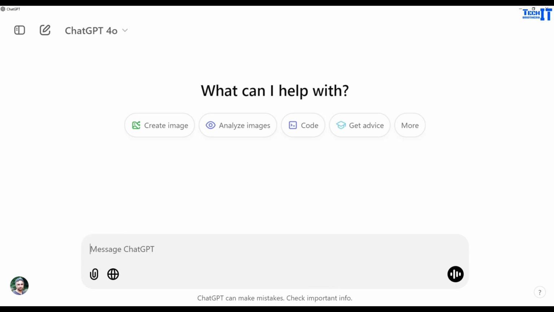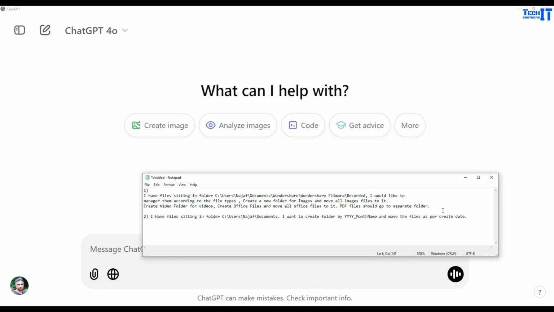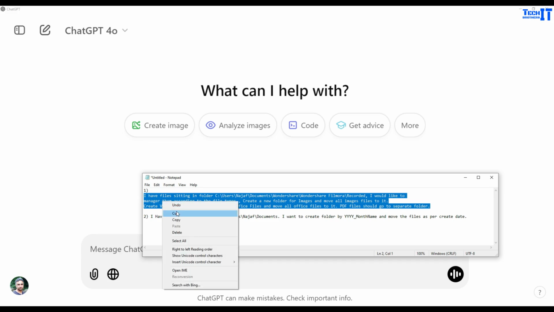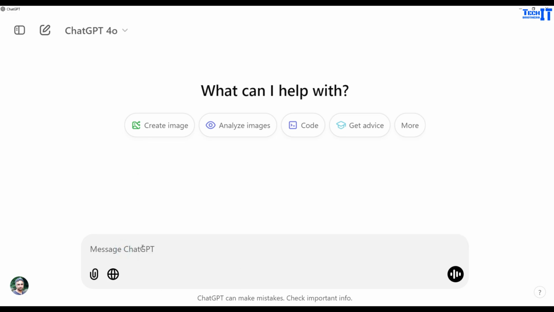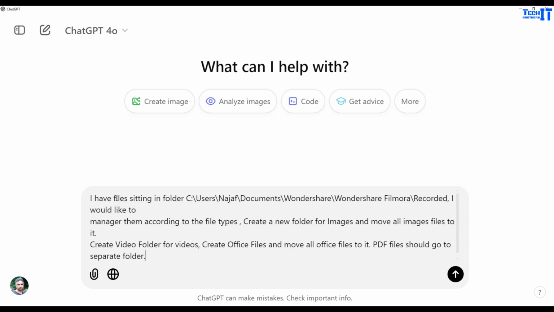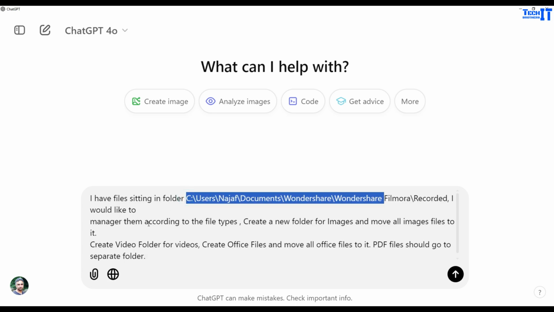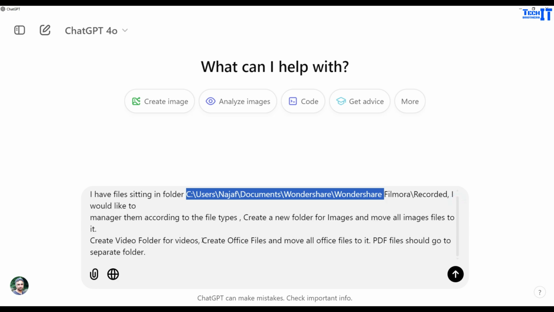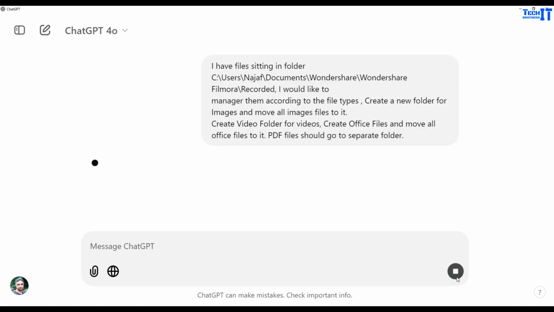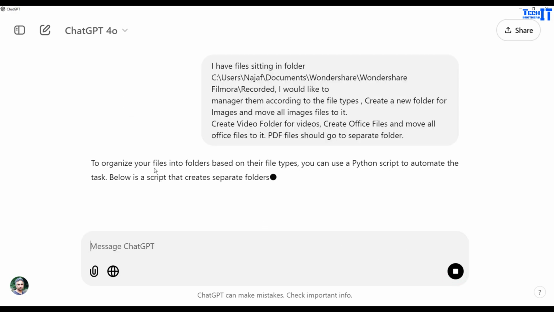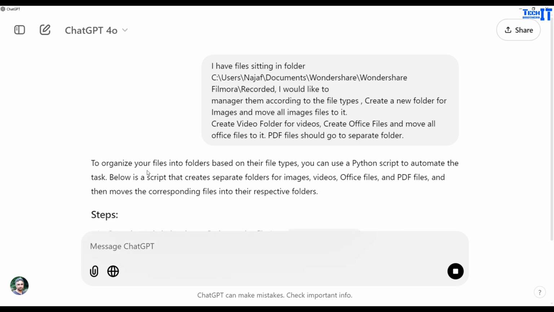So I already have written the prompt, and you can just copy paste and provide more details in your case. In my case, I'm providing this information. I have files sitting in a folder, that's my folder name, and then I would like to manage them according to the file type. So create a new folder for images and move all image files to that folder. Create a video folder and move the videos to it, and then PDF files should go to a separate folder. So I'm going to hit enter here, and now it should return us some Python code,